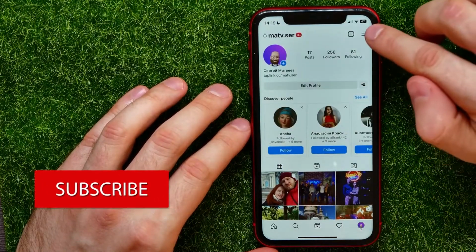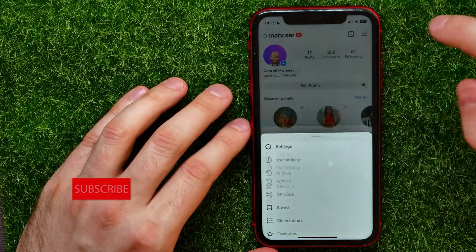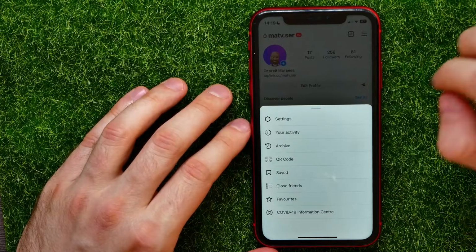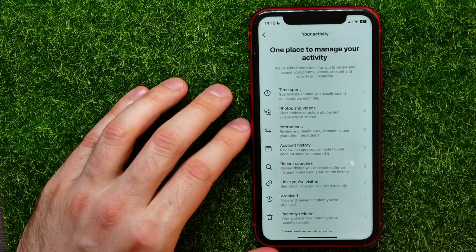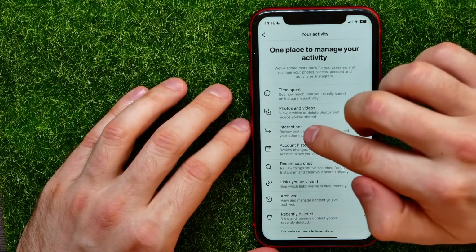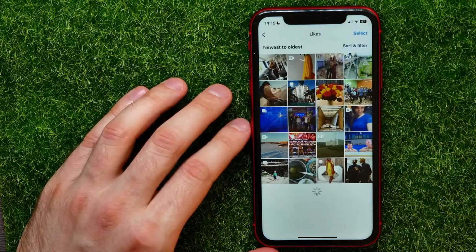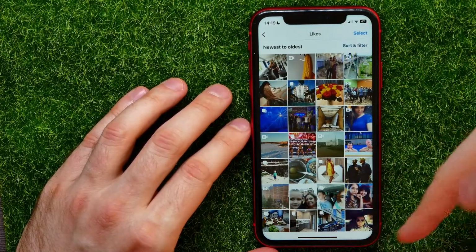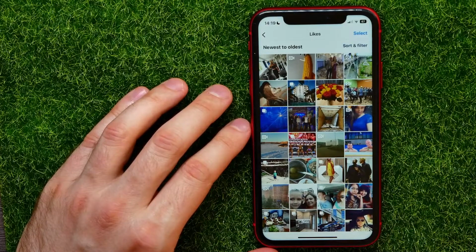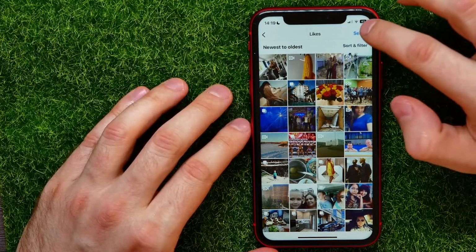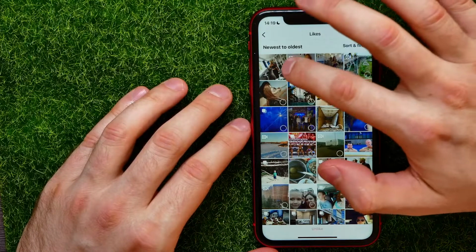Next, at the top right corner, hit the menu icon and then select Your Activity. Next, tap Interactions and then select Likes. It shows all the posts that you ever liked on Instagram, and from here you can tap on Select, then